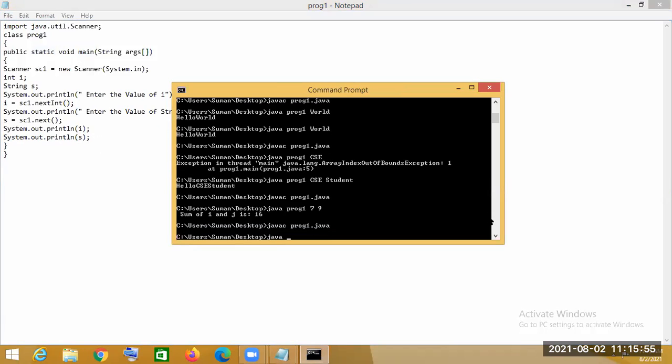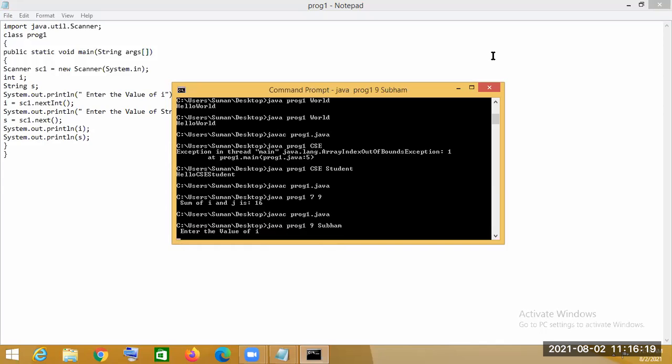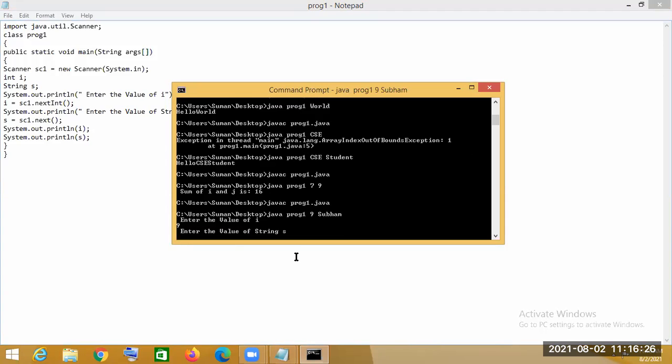Okay, now java program1. Enter the value of i, let's say 9 I have entered, then enter the value of string.